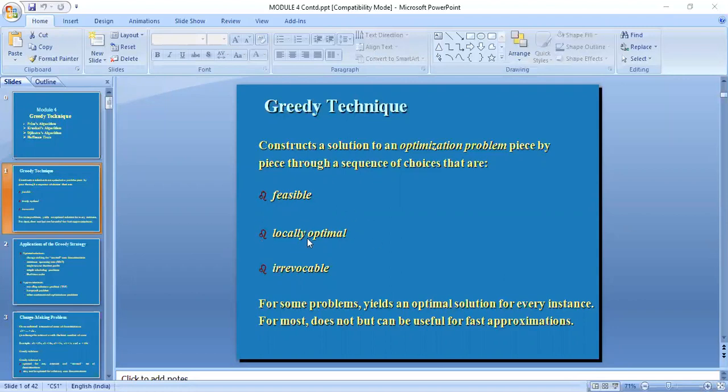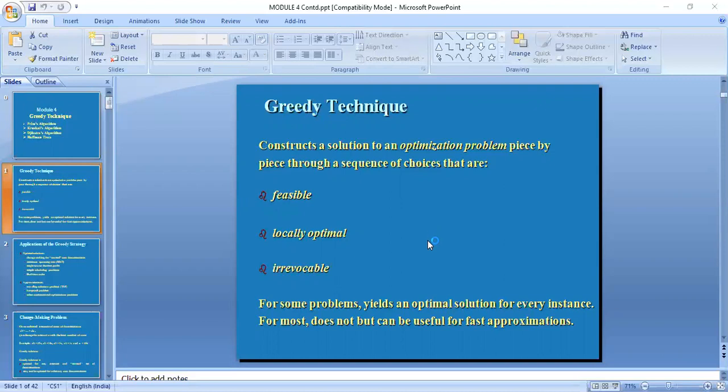Now, when you go through various stages, each stage when you go forward will depend upon the choices we have made previously. So if there is any error in the previous steps, that cannot be corrected. If at all you want to correct it, you need to redo it from the start. So this is what your greedy technique is. Based on this, we have seen how to go for the change making problem.